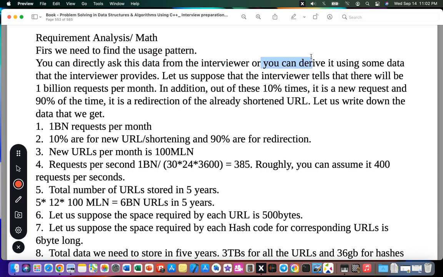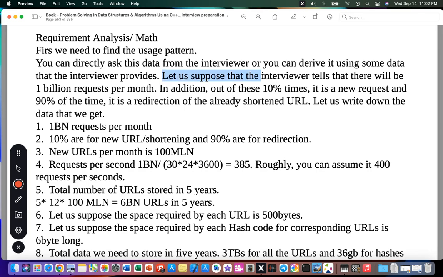Or you can derive it using some data that the interviewer provides. Either you obtain it directly or indirectly based on information. Do not assume, all right? We mentioned that before.